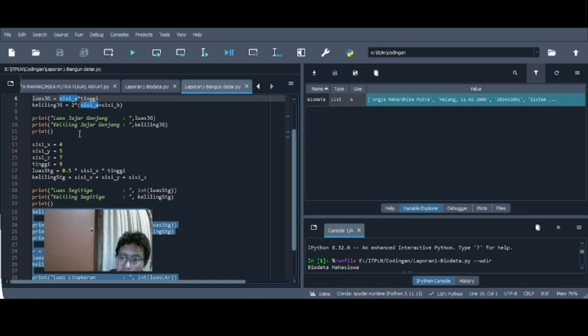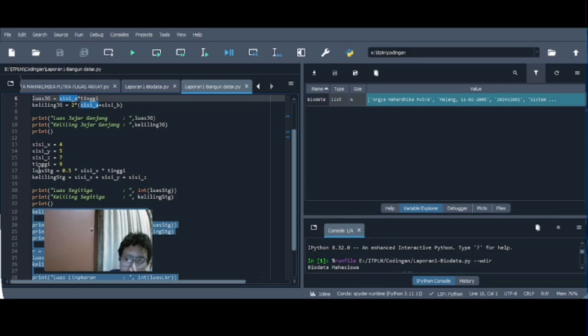And then the second one is calculating the area and perimeter of the triangle. Lines 13 until 16, I'm sorry, 15 is the three sides of the triangle, and then starting at 16 is the height of the triangle, and then 17 is the area of the triangle, and the last one is the perimeter of the triangle.